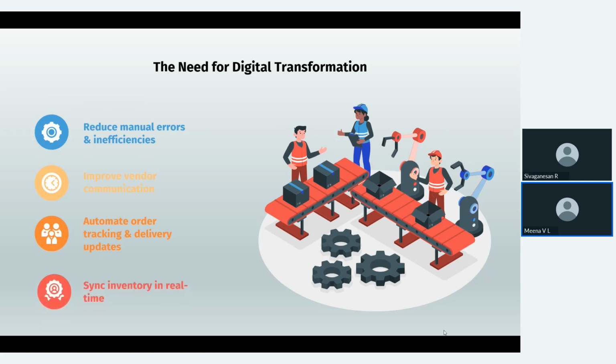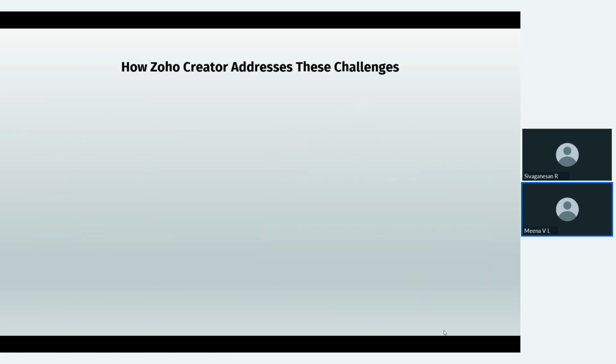Also, once the order is delivered to you, you can sync the number of items you have received with Zoho Inventory, so that your stock updates are on time, right? Now again, I would like to run a poll